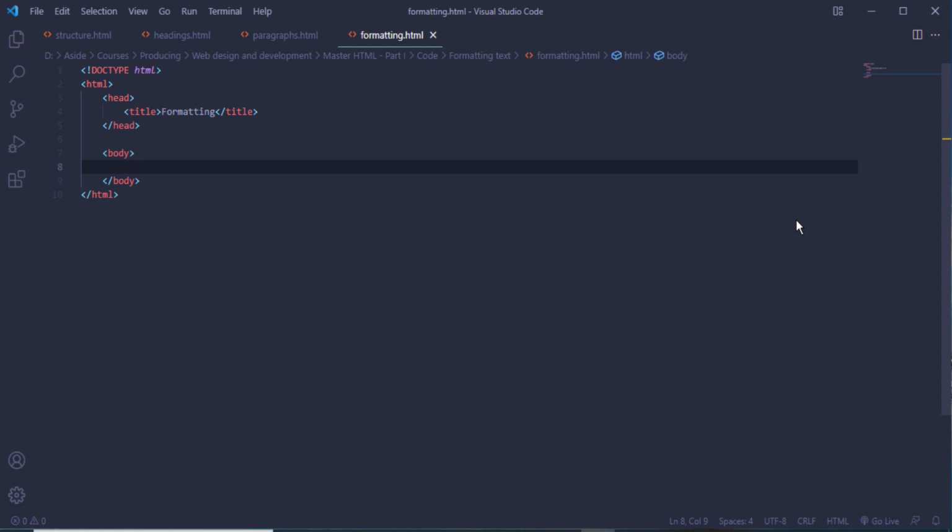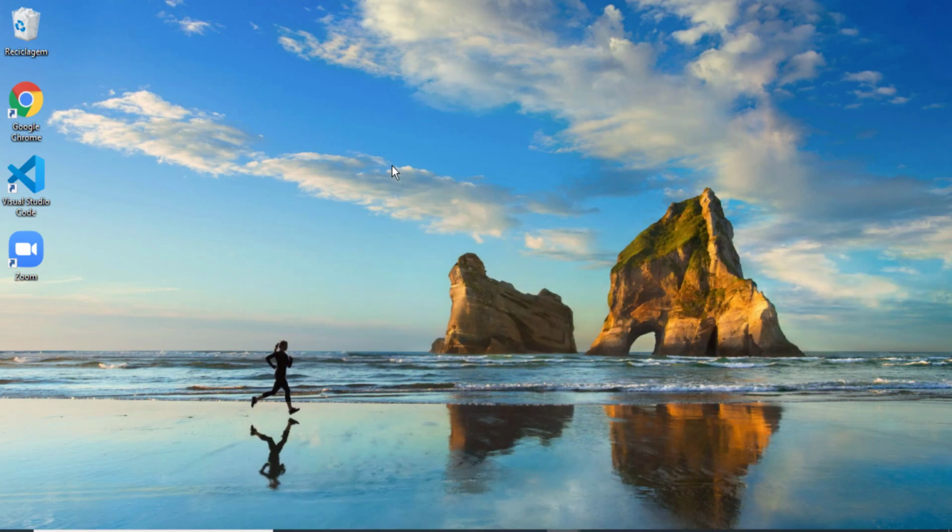If we want to write a bold text, all we have to do is put a paragraph right here and say this is a, let's open our B tag right here and write the content that we want to bold between the B tags. This is a bold text. Control S and let's go to see what we have. I'm going to give an F5 and do you see this is a bold text. Here we have the bolded,